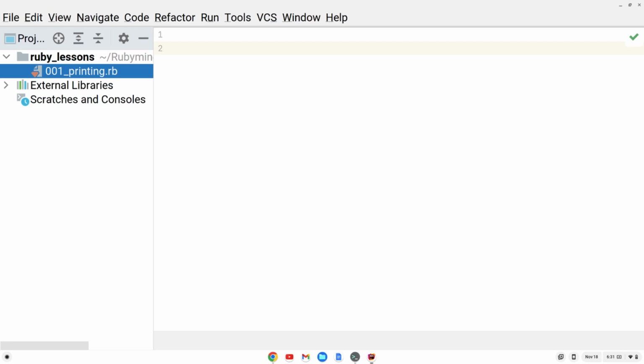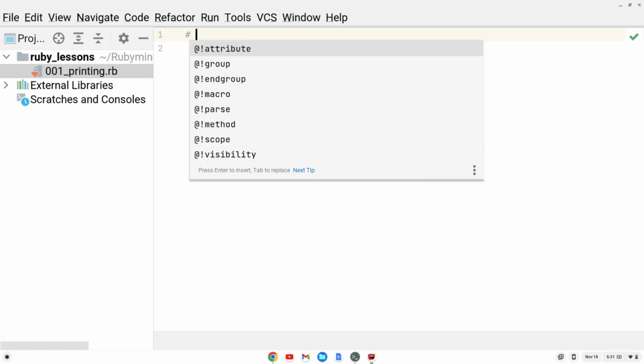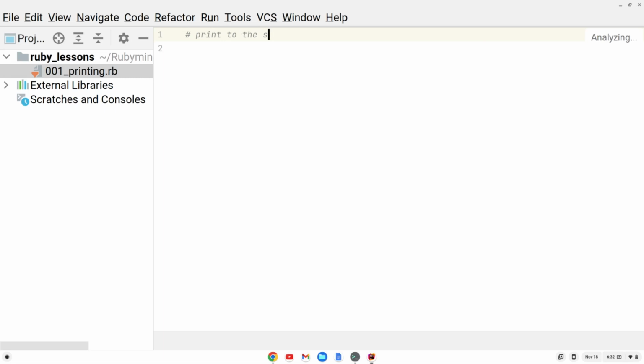So first we're going to talk about printing. So if I just want to print, it's very, very easy with Ruby. And I'm going to make a comment that I'm going to print to the screen. So I make a comment with the hashtag symbol, and then I can type a comment afterwards, and I can say I'm going to print to the screen my name. Okay, so to print to the screen, I could just type print and say something like, hello, my name